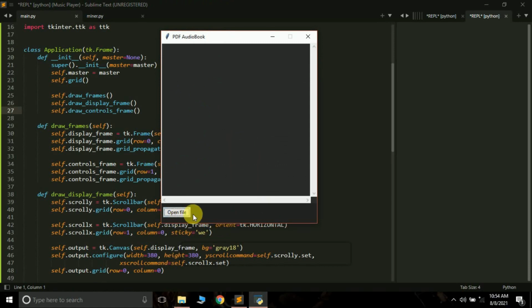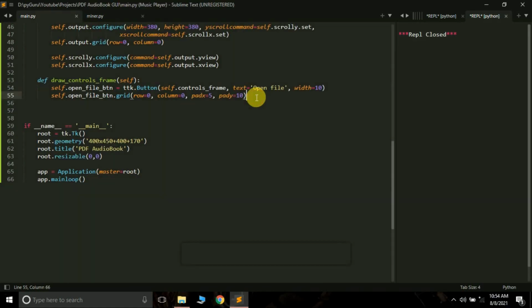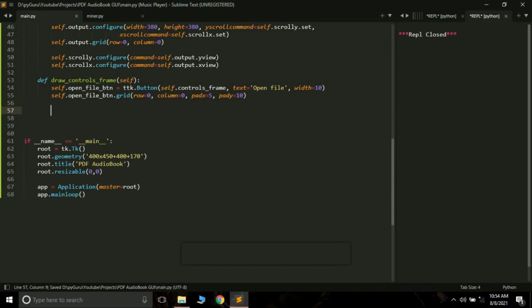Now see why we use ttk. As you can see, it looks like a more modern button. Also when I go over it, you can see there's a blue highlight. This is a feature that is available in the ttk module but not in the tk module, so that's why we have used the ttk button. The next thing is we have to create two more buttons, which are the up button and the down button.